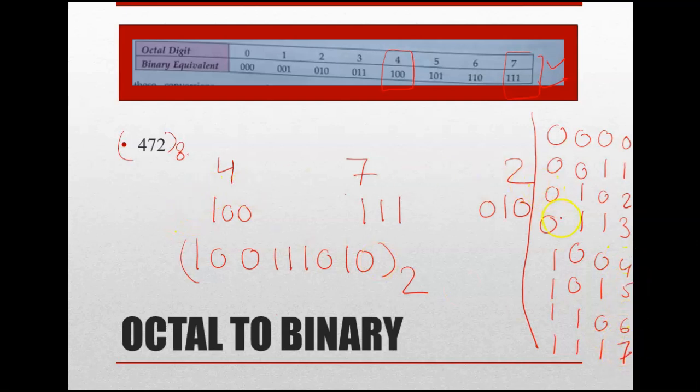Now you please check. 4 is this only, so this is 1 0 0. Then 7 is this only, triple 1. Okay, and then 2 is this only, which is 0 1 0. Perfect. So this way also, otherwise you can learn also. Anything is fine. You just have to write down the final conversion. How can we convert one octal to binary form?